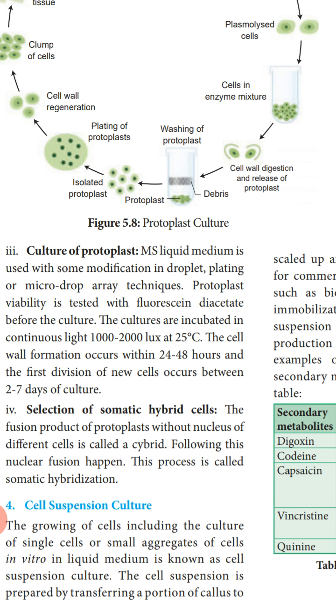The growing of cells, including the culture of single cells or small aggregates of cells in vitro in liquid medium, is known as the cell suspension culture. So the growing of cells, including the culture of a single cell, either growing a single cell or a group of cells in laboratory condition, in the glassware, in artificial condition, in liquid medium, is known as the cell suspension culture. The cell suspension is prepared by transferring a portion of the callus